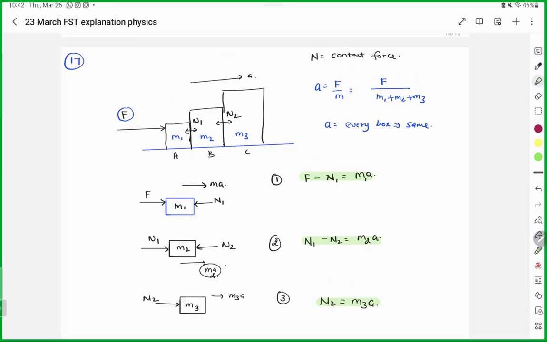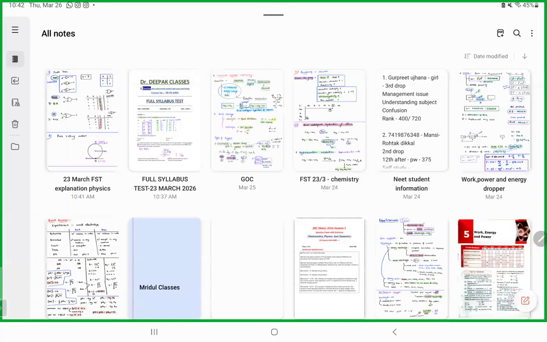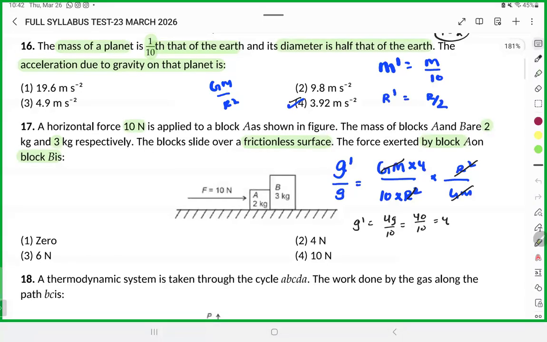Anybody have doubt? No, sir. Very good, solve this question and answer this।